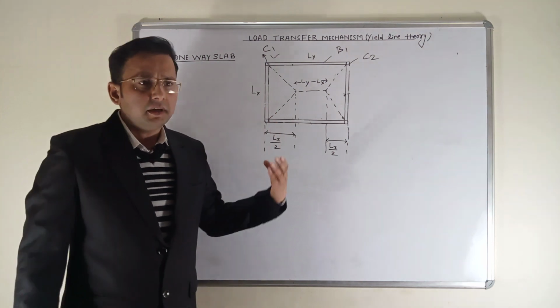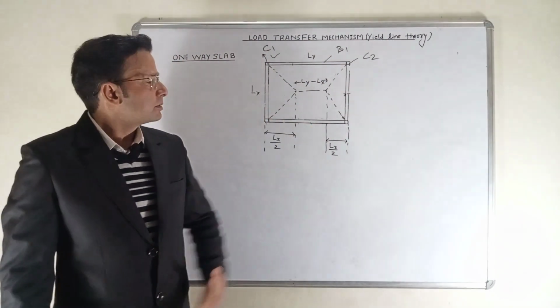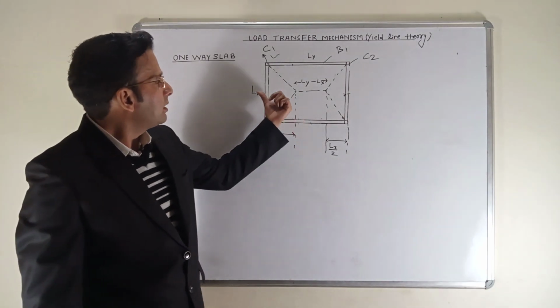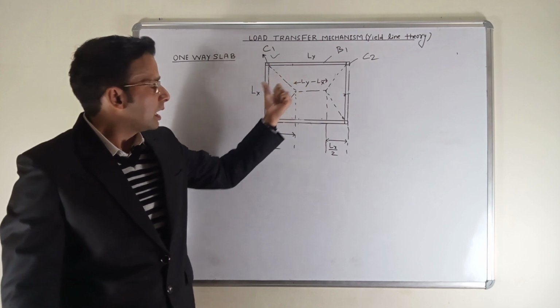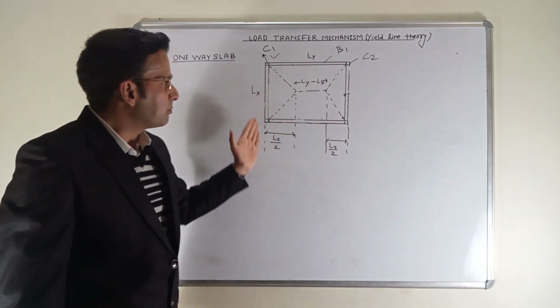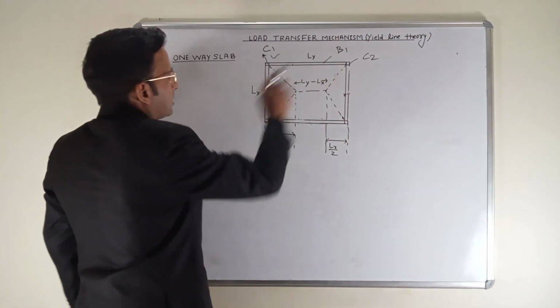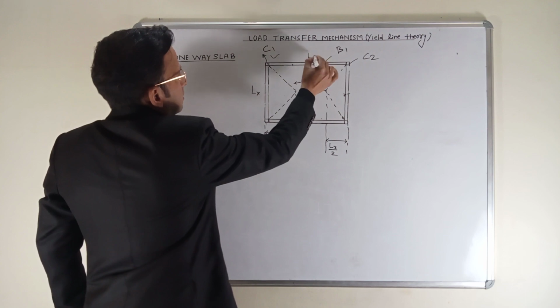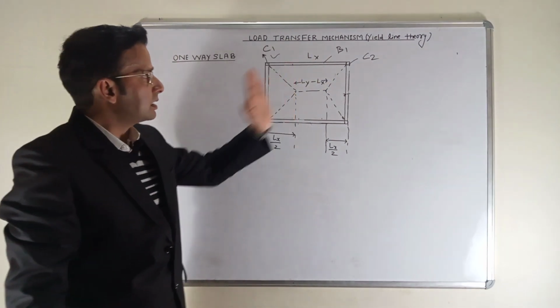Okay, if we proceed with this discussion further, what will happen when Ly becomes Lx? When Ly becomes Lx, it is also a two-way slab, but the analysis becomes a little bit different. Okay, let's discuss. For example, Ly is equal to Lx, and in such a scenario,